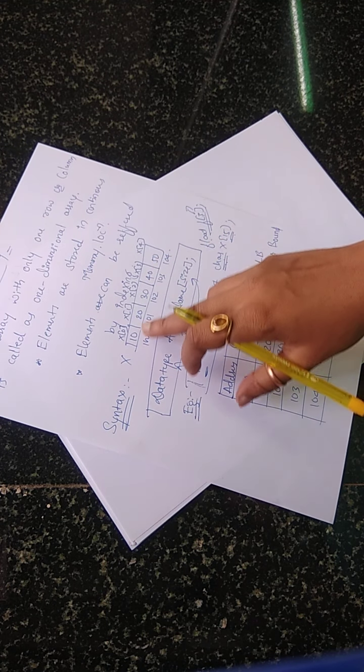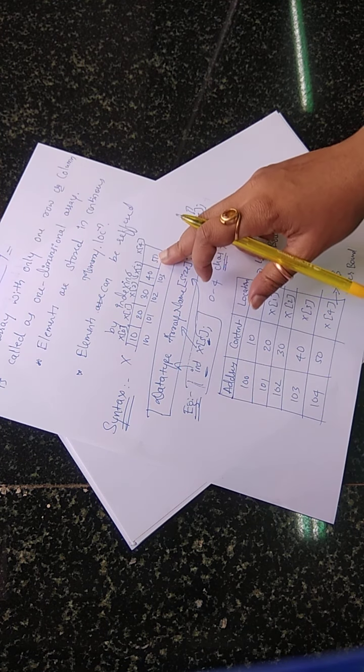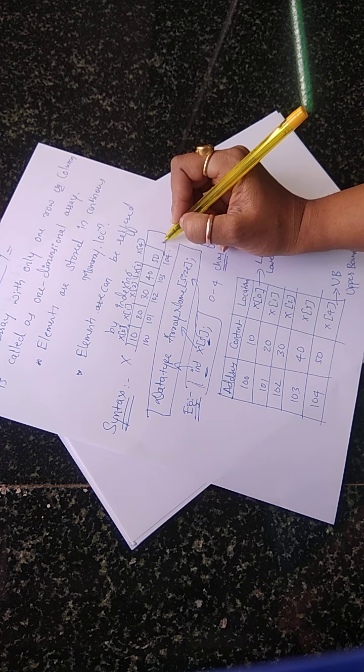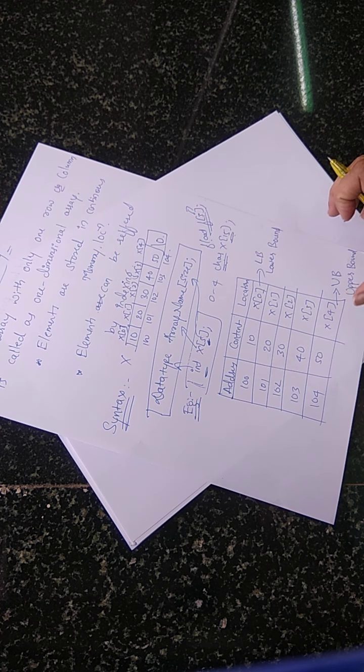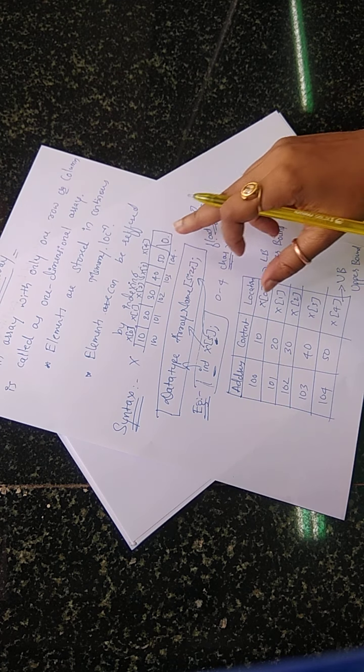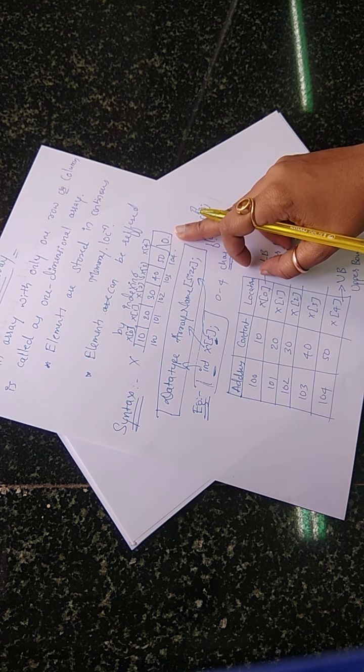Next, the second one: a string array always terminates with the null character. In the previous year we saw that when we declare integer values, float values and so on, they normally end like this. But if you are dealing with a string array, the last array element is always the null value, so that the compiler will get to know that this is the end of the array size. The compiler knows the end of your strings when it reaches the null character.